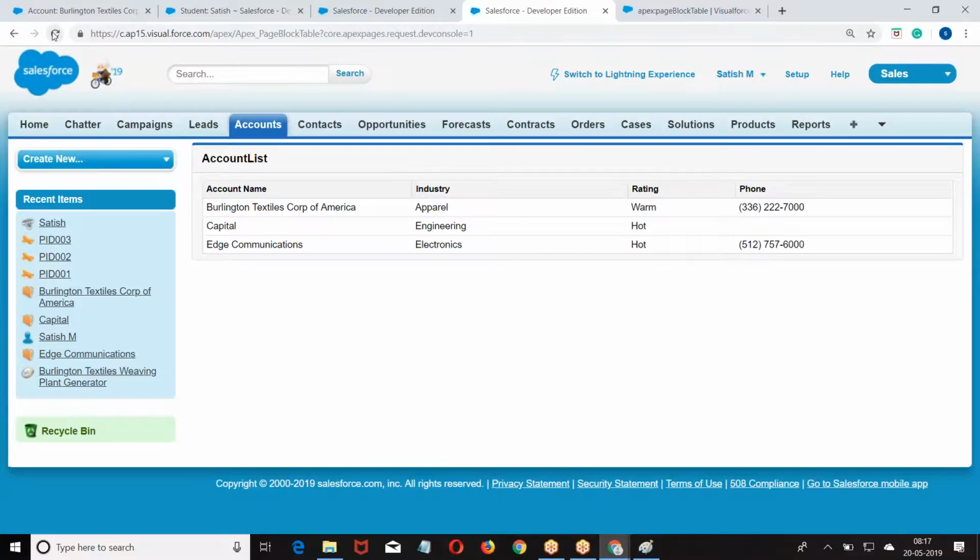So if you want to obey the exact standard CSS applied by Salesforce and get the data, then we go for page block table. So here we have a choice from which record you want to display and how many records you want to display. I hope you're good with this. Okay.